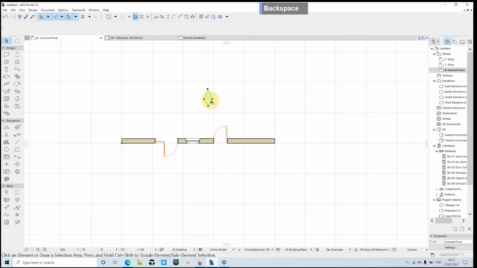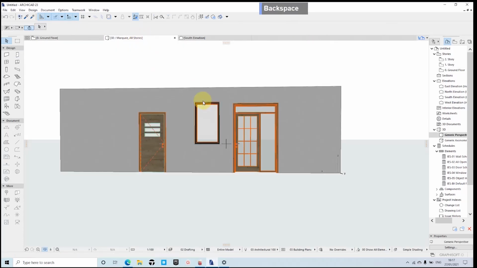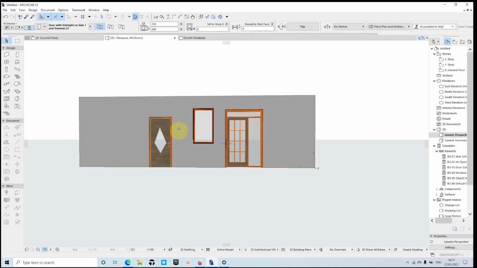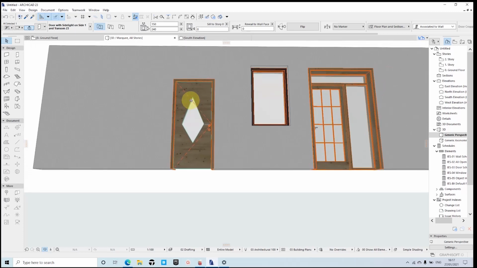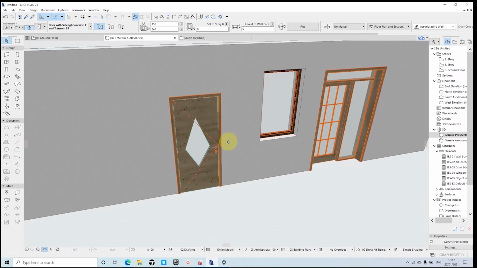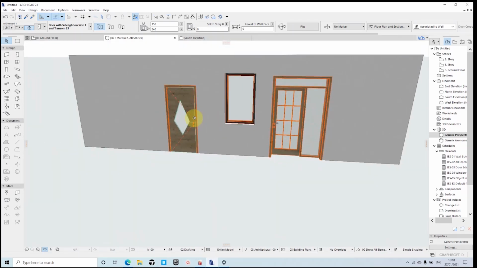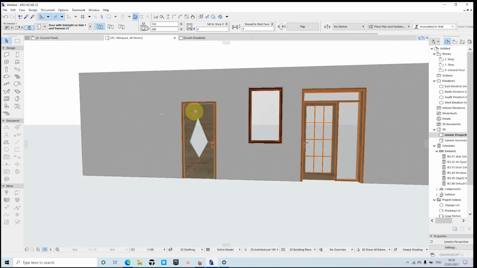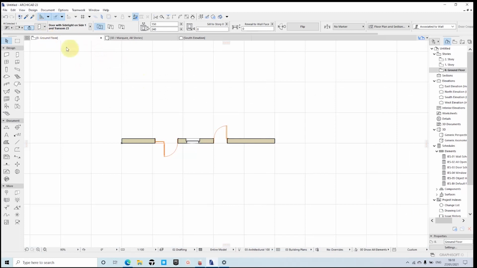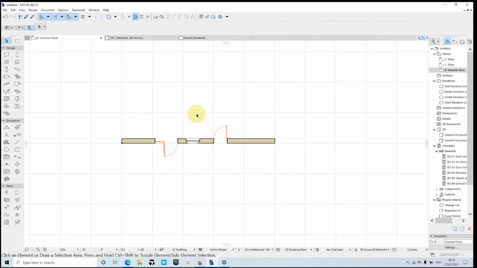Alright, and let me preview it in 3D. You can see that this door has already been created. This happens to both windows and doors, but if you want to create windows, you have to create as window sash. Thank you, and I will just see you in the next